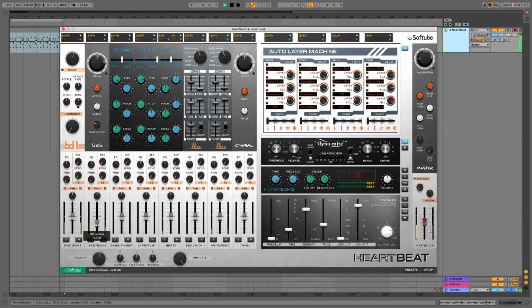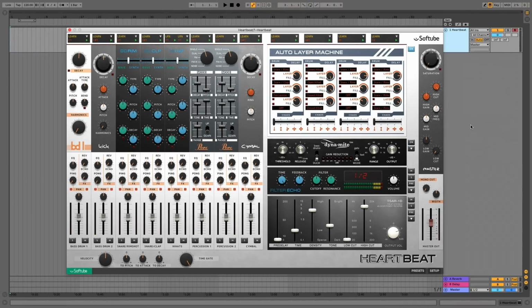You also get that Softube quality delay, EQ and reverb, plus global effects including compression. And it hurts with every heartbeat. It doesn't have to hurt though, because Softube's Heartbeat, it might look like a monster, but it's really not that bad. I'm going to give you a whistle-stop tour of it right now, just to give you an idea of